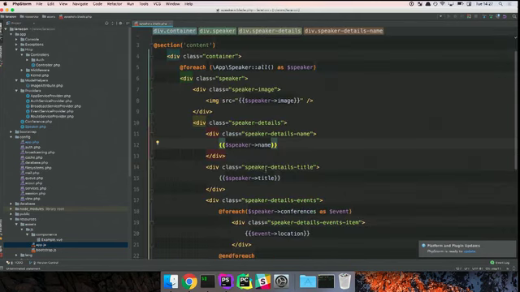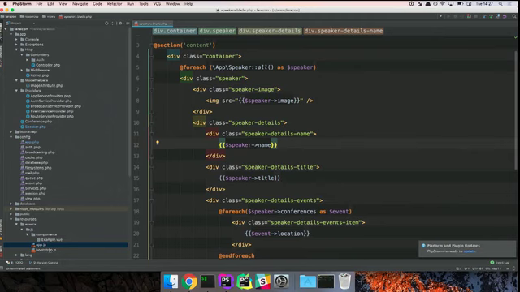So what is Vue Instance Search? It's a set of components that you can use to display the search results. You have a lot of components. We're going to use a few of them, but you will be able to go on the documentation and see there is a lot more that we provide.